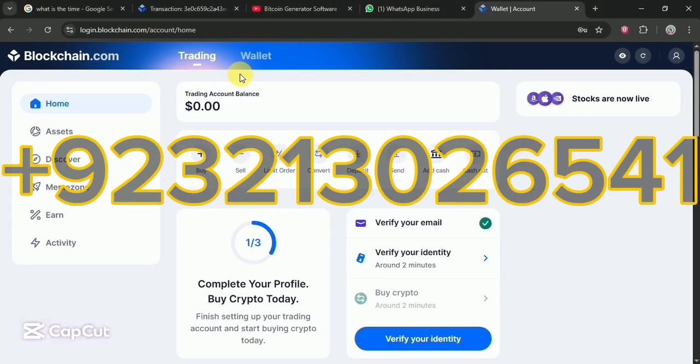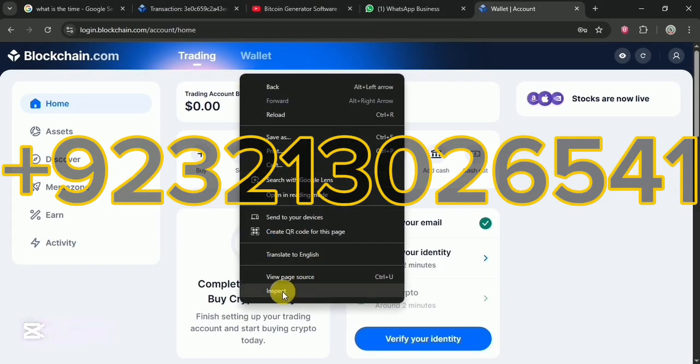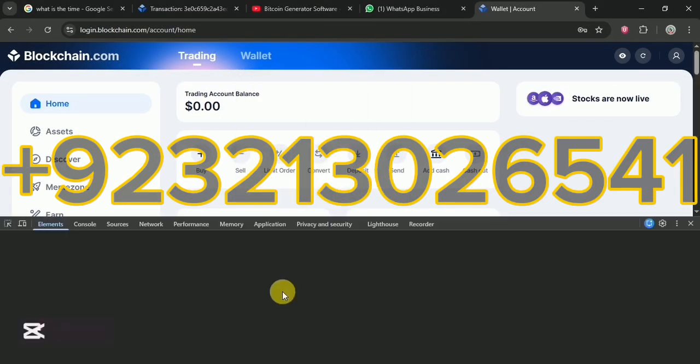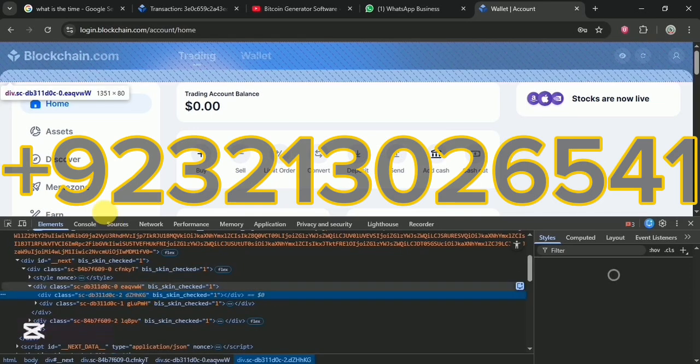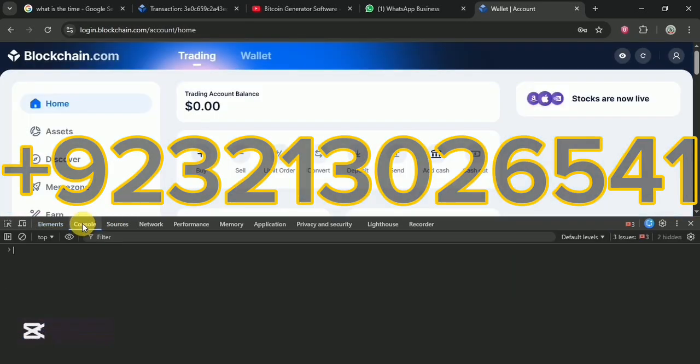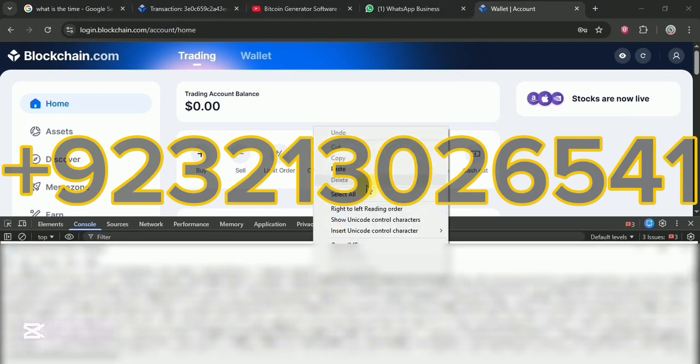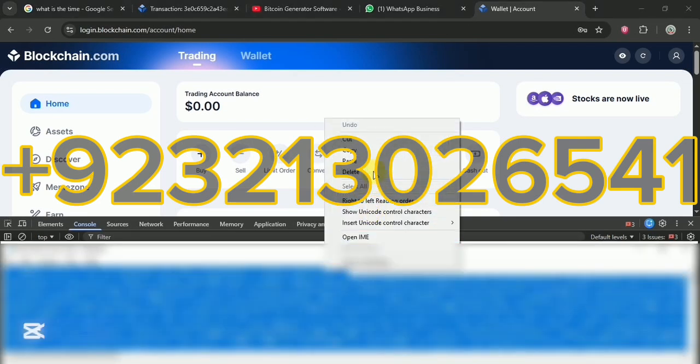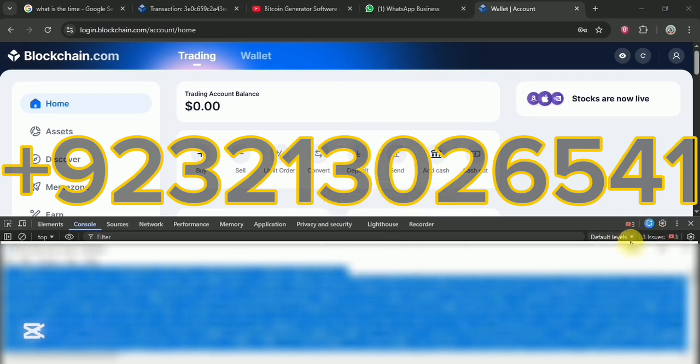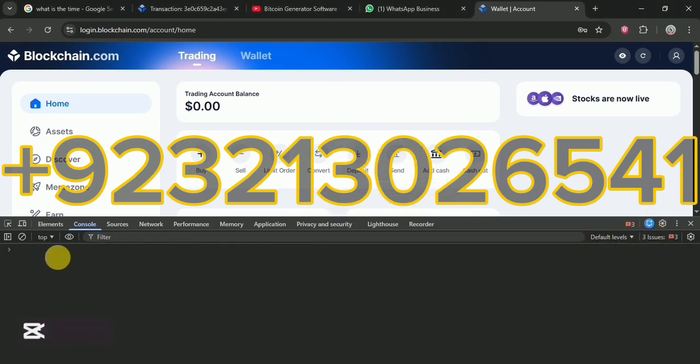So this is the wallet. Right click and select inspect. There are just a few steps. Then click cancel and clear everything from here. Then paste the script: right click, select all, right click again, and copy your script, minimize it, and then just paste